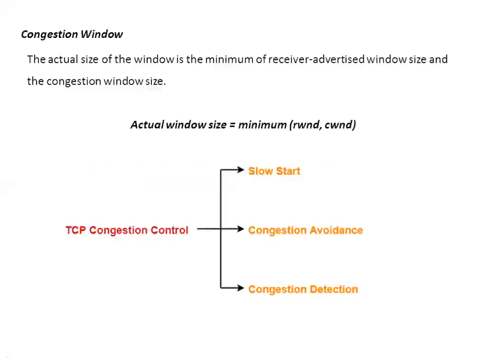Suppose the rate at which the sender is sending data packets is more than the available buffer space in the receiver, then the receiver will not be able to store the remaining incoming packets. As a result, the receiver will be discarding those packets. Now the solution to this was for the receiver to send the available buffer space every time to the sender. The receiver did this by using the window size field of the TCP header. If you remember the TCP header, there is a window size field that the receiver advertises every time in the acknowledgement packet to the sender.